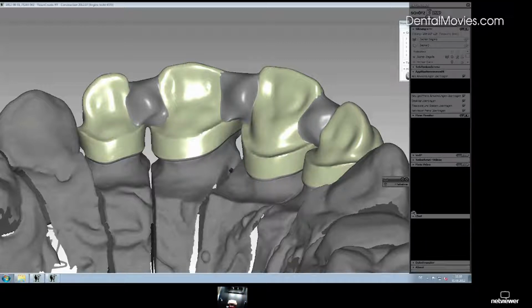The base is not screwed tight at the moment, so there's a small gap. So this is a complete screw retained bridge, and we have some single stumps,